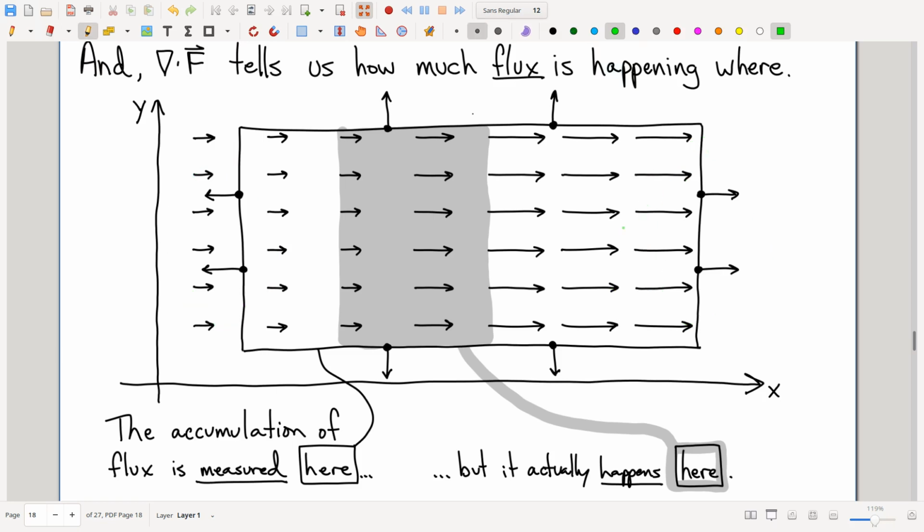And I would argue it's pretty clearly not coming from anywhere over here, because there's just as much flow into that green zone as there is out of that green zone. Again, you can almost imagine pieces of water, and every water that flows in flows right back out, right? Okay, so but what about